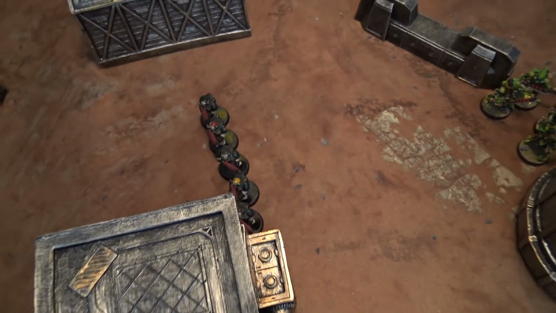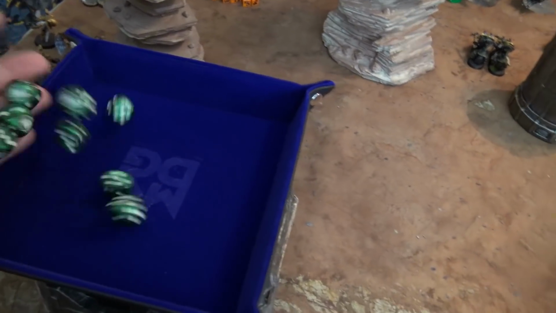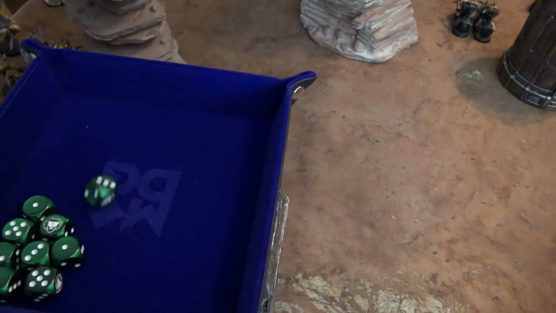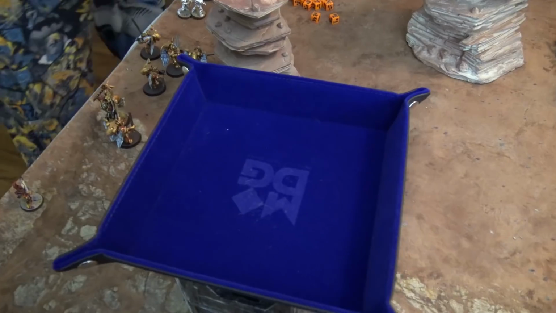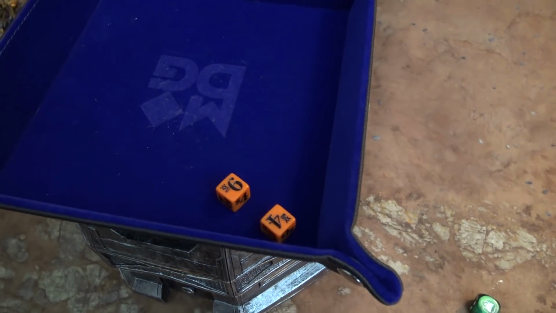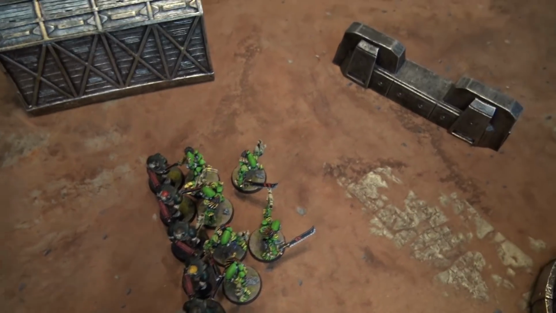These guys are going to charge into my Scouts over here. So 10 shots in Overwatch there from the Scouts, hitting on 6s. Getting 1 hit. That is a wound. 3-up save. They're good. He needs a 9-inch charge. And he makes it. All right, so starting off the fight phase over here, they've got 4 guys that have